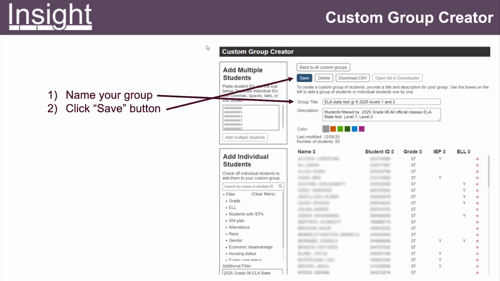I'm going to pause here to say a little more for our district users and central users. You have the ability to create groups of schools, but not the ability to create groups of students. That's why you don't see the custom group creator button in a student list. So you have access to the custom group creator in Insight. It just works differently. Instead of students, you can only create groups for schools.